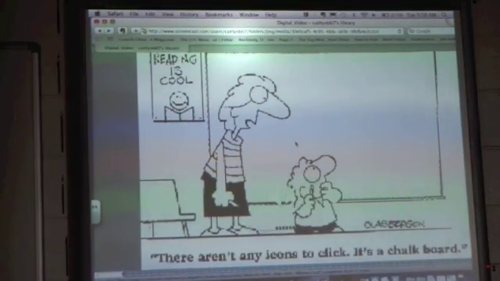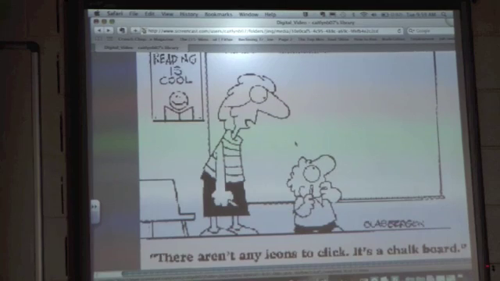Hi everyone, I'm going to use this Jing to describe my feelings on digital technologies in the classroom. First, this image on the screen right now is a cartoon that I think sums up how technology is viewed a little bit in the classroom by students and by teachers. It says, "There aren't any icons to click, it's a chalkboard." So the students don't even really know what chalkboards are anymore,